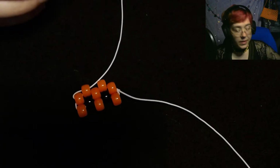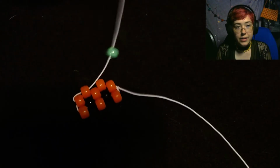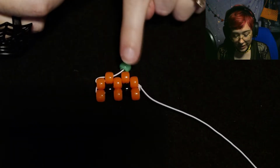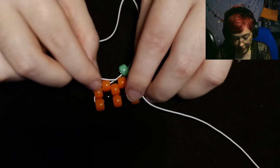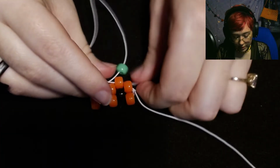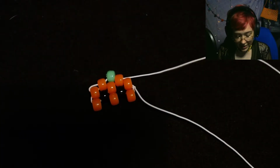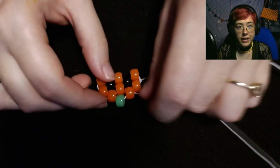And this is where I'm going to place my green bead. Put my green bead on there, and then I'm going to put my string through the next orange bead that is popped up. And now that side is all done. So now I'm going to flip my pumpkin over